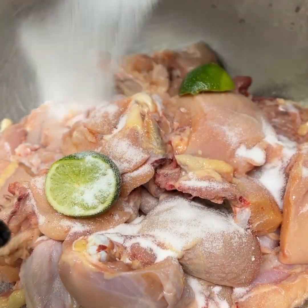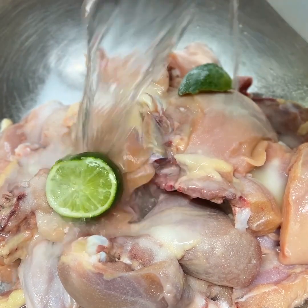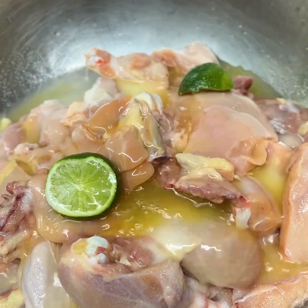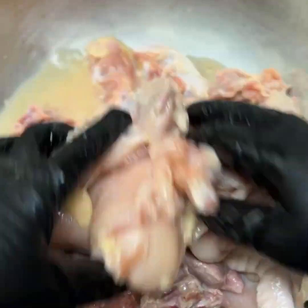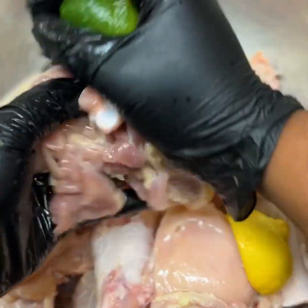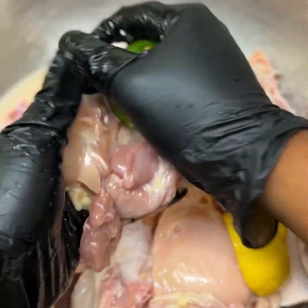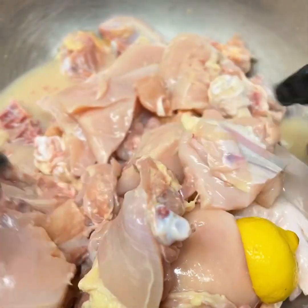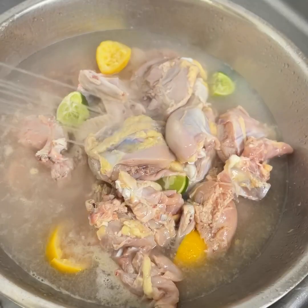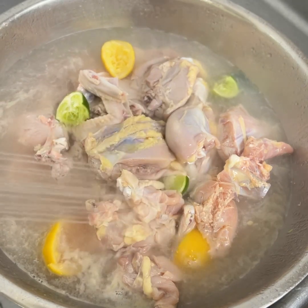You want to toss the chicken in the mixture, and then piece by piece you want to rub the limes and lemons all over. Make sure you really bathe that chicken well, and then you get ready to give it a good rinse. What I do is take boiling hot water and you pour it all over the chicken, making sure it's completely submerged. And after about 1 minute, no more than 1 minute because then it'll get hard, but after about 1 minute of being in the boiling water,